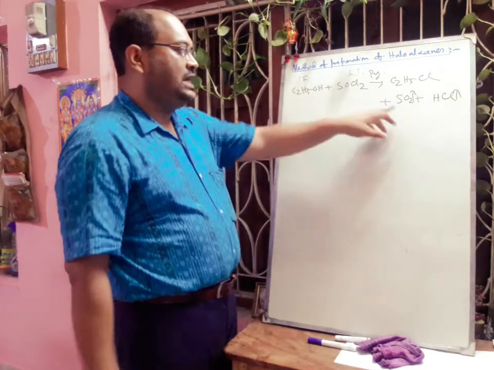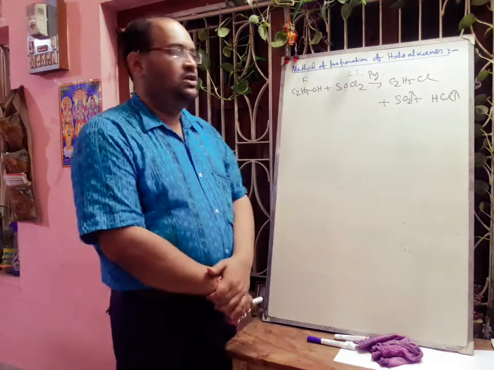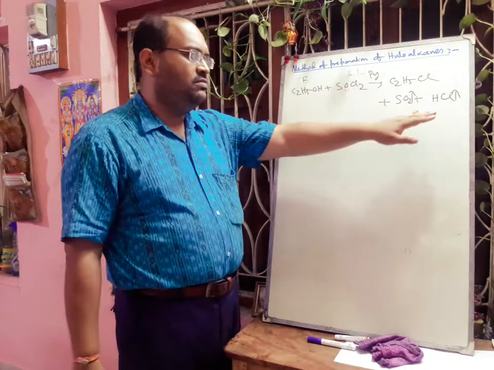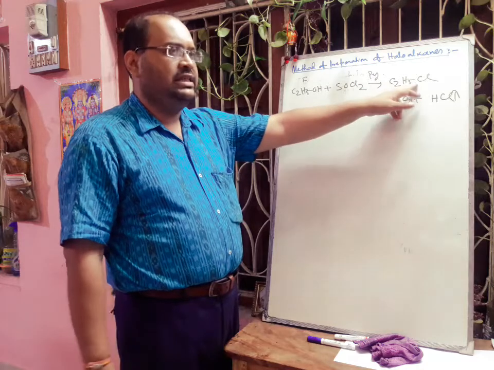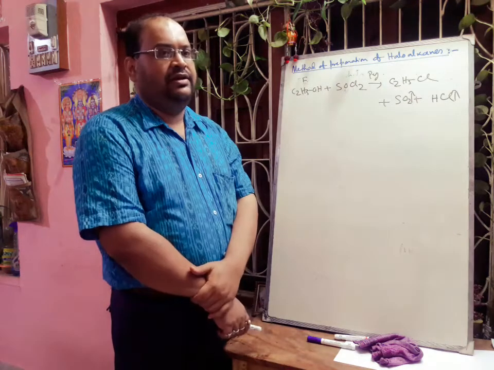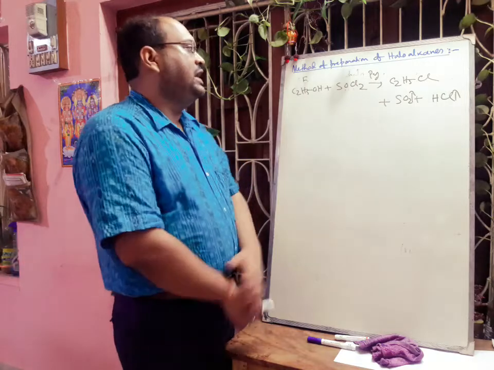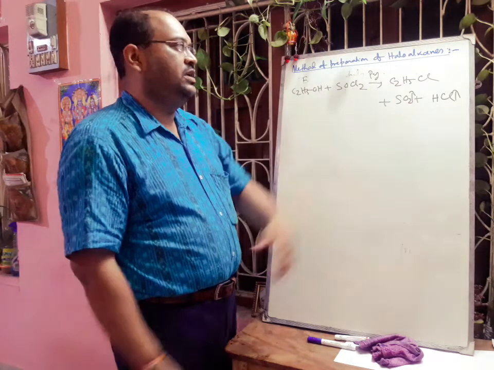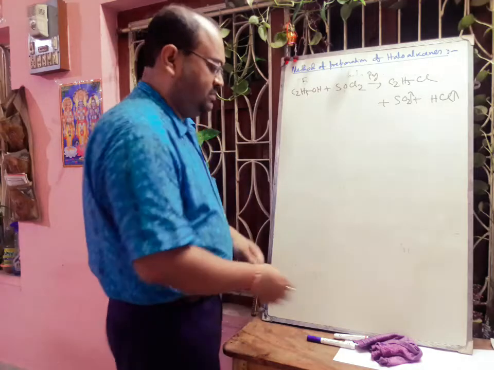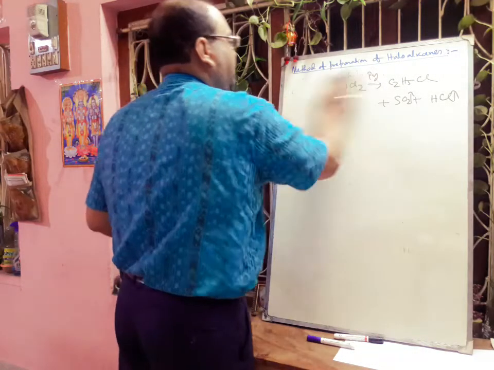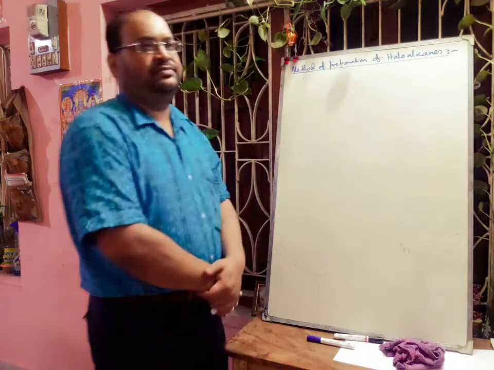Why? Because here the side products are gaseous. Sulfur dioxide and HCl are both gases. So if we apply a little vacuum, then we can easily remove these molecules and we will get the ethyl chloride free. So no purification is required, and we can easily get the corresponding chloride by using thionyl chloride, and this method is the best method for preparation of alkyl halide or alkyl chloride.